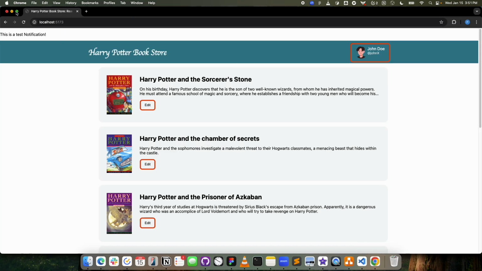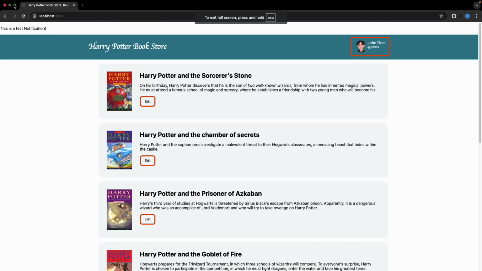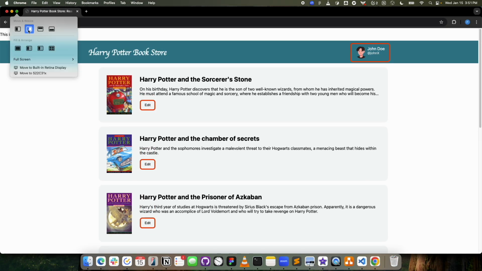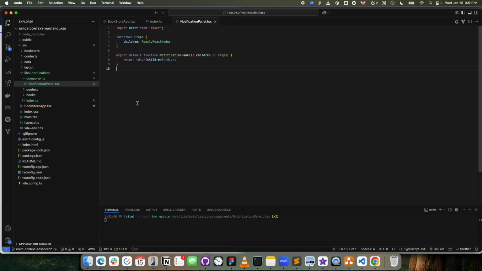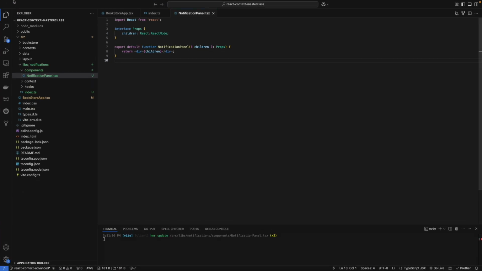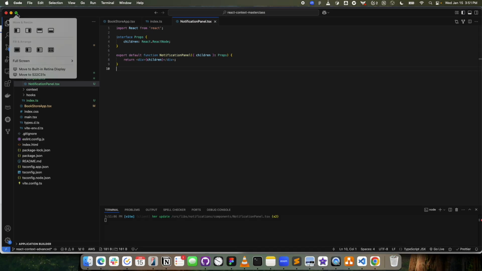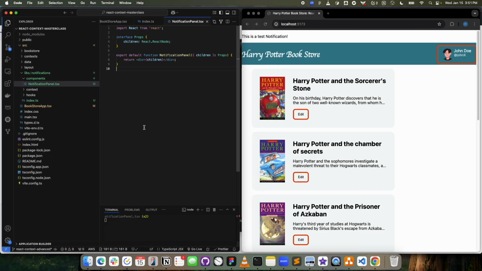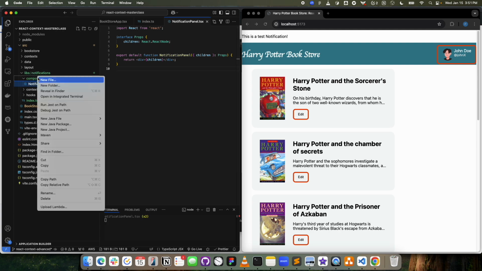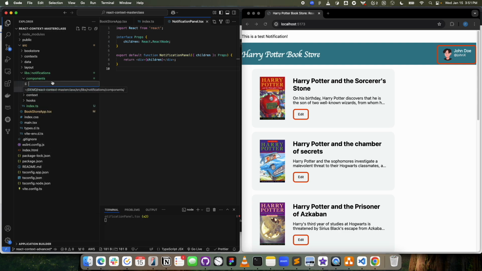Now at this point we should have our notification put together. What I'm going to do next is keep our VS Code and our browser side by side, because we're going to do some style changes. So it's better, we can see it together. So the notification panel is all done. Now let's try to build the notification one, right? So let's try to include a CSS file. So we're going to call it style.css,